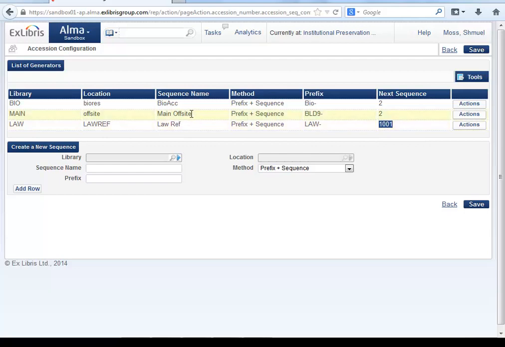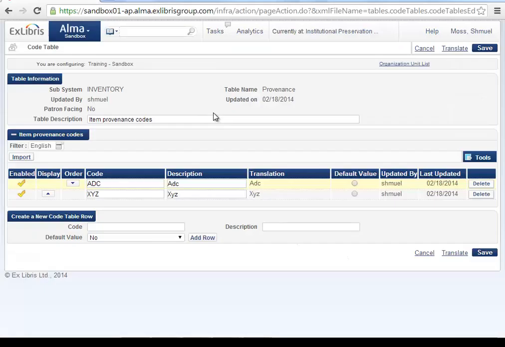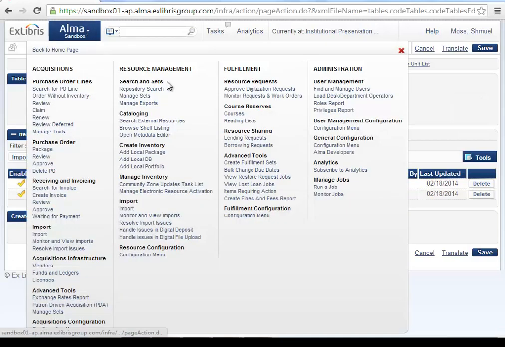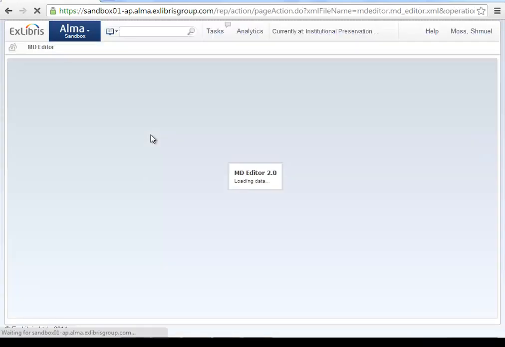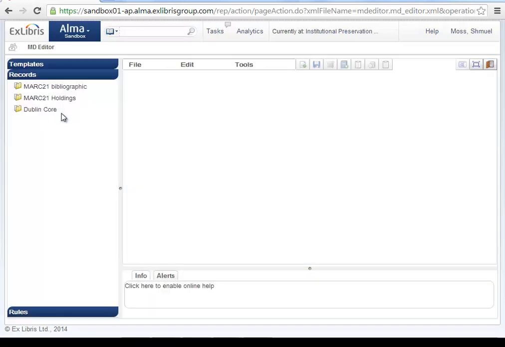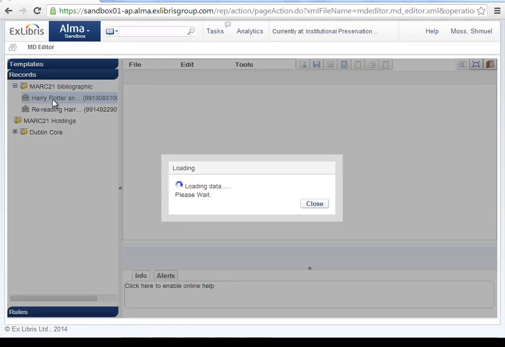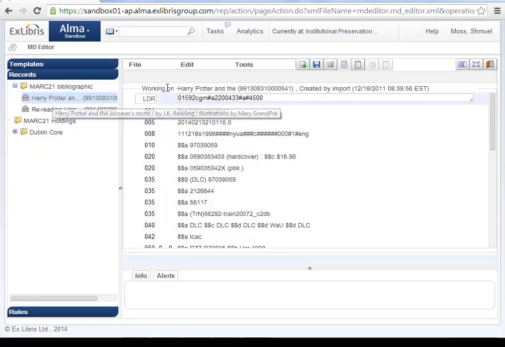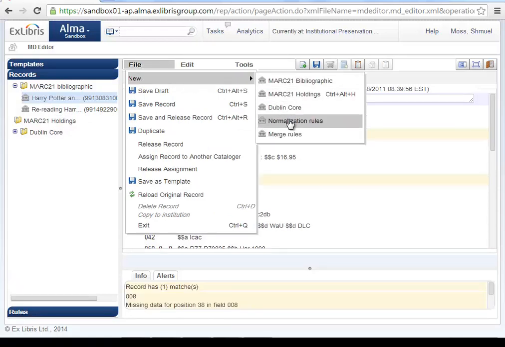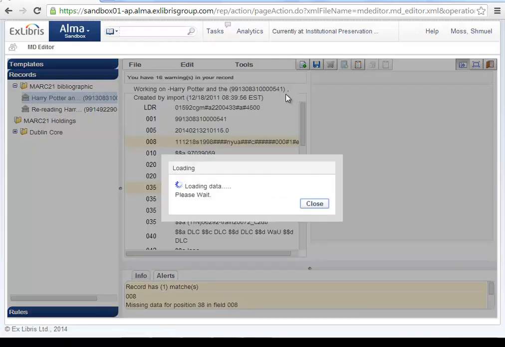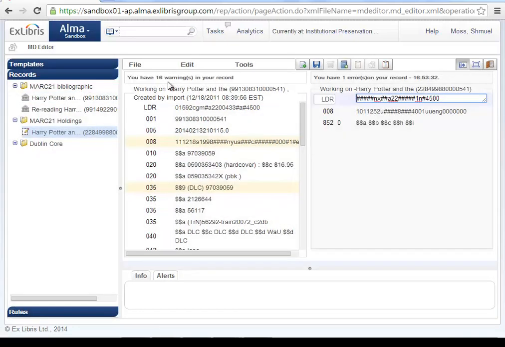If we go back to the previous example of the main location, let's open a holdings record for that location and see how the accession number is now going to be generated. We'll create a new holdings record for the main library offsite location. New holdings record. We'll open this in the form editor